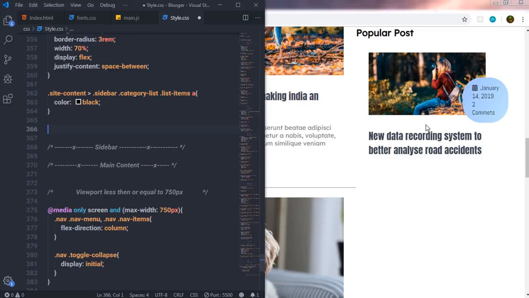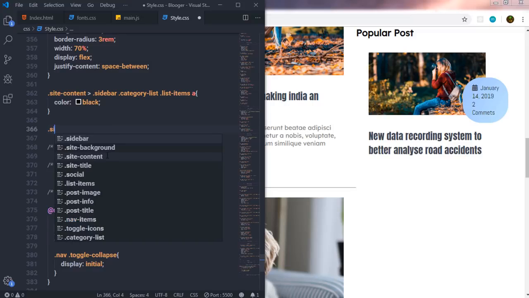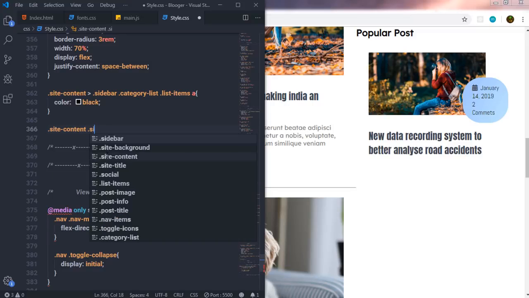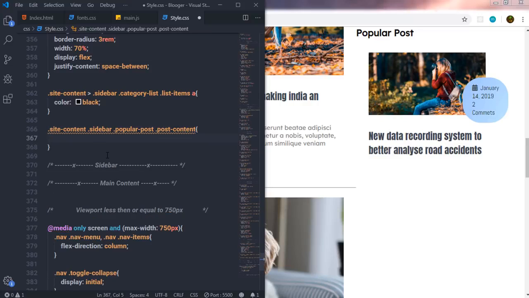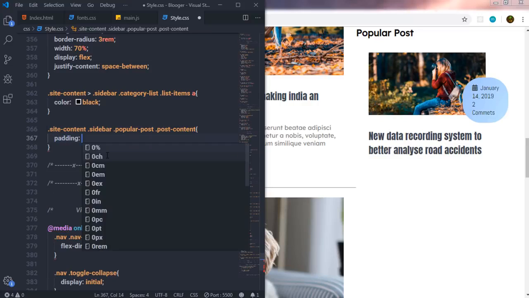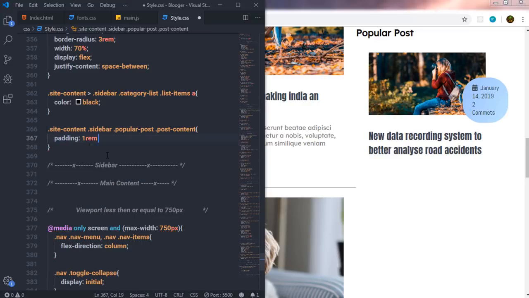I just want to remove this padding and specify 1 rem padding. So I'm going to select here site content, then select the sidebar class, then select the popular post, and just after that I'm going to select the post content class. And to this post content, I want to specify padding 1 rem to the top and bottom and 0 for